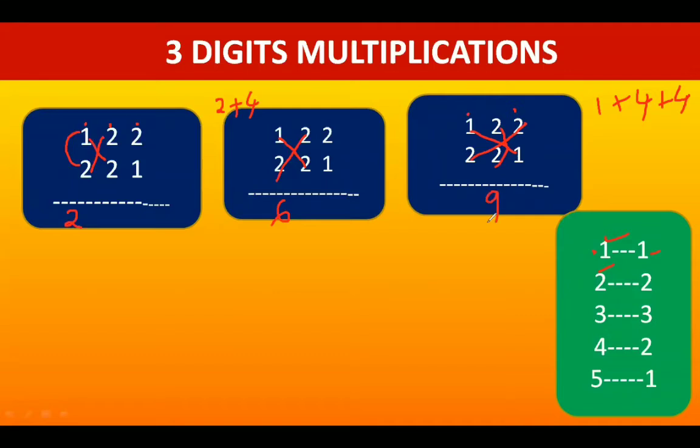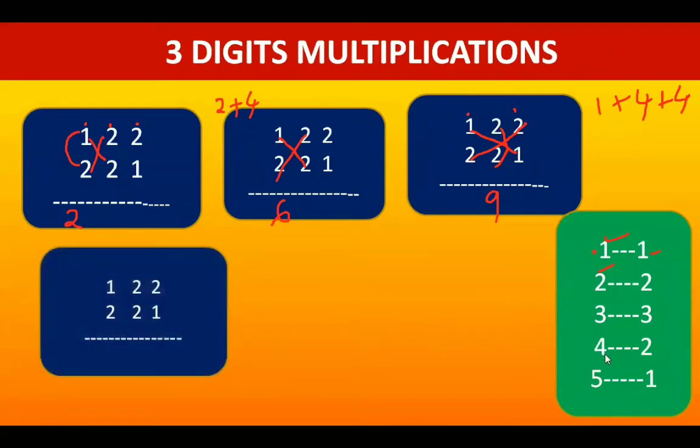Okay, now we move forward. First step we completed, second step we completed, third step also we completed. Fourth step, last 2 columns. How to multiply the last 2 columns? You know how to multiply 2 columns. Cross multiply. 2 1s are 2, plus 2 2s are 4. 2 plus 4 means 6. We got the answer.